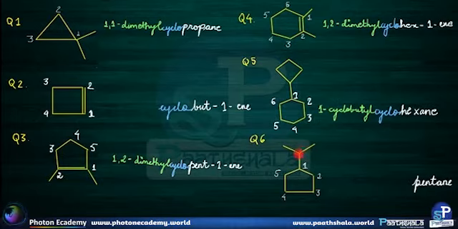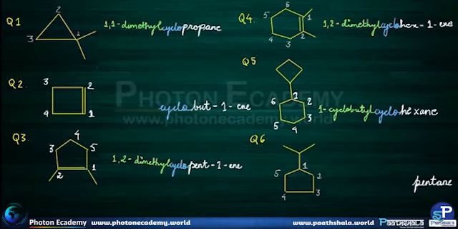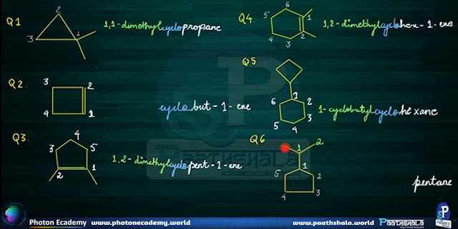While numbering, we also number complex substituents. So if this is a core ethyl substituent present over here, over which there is a methyl substituent present, the numbering of the complex substituent will be done in the following way. Now this is one ethyl substituent. At first carbon of this ethyl substituent, there is a substituent, and that is methyl. So the name of this compound will be written in the following way while writing the prefix.